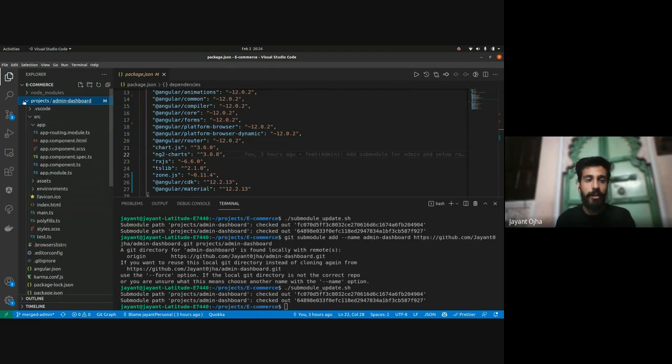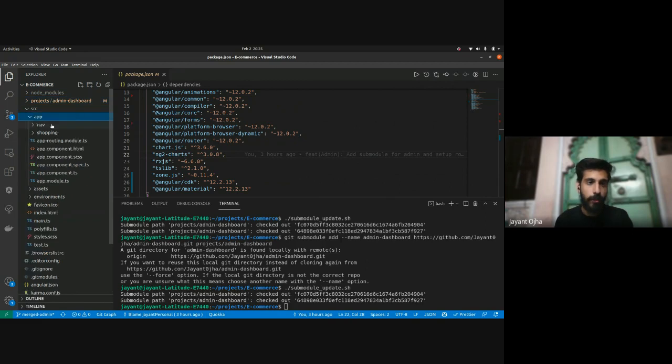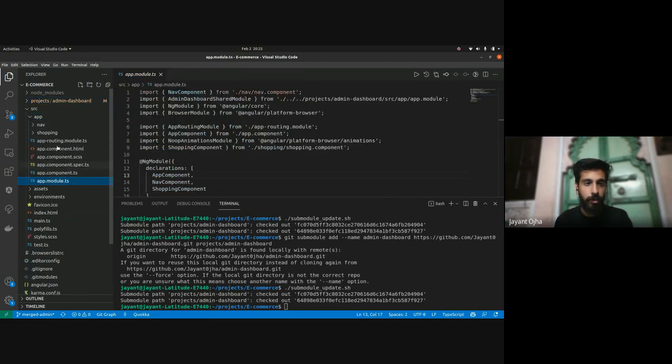And after that, you can also have a use case where you want to check the admin dashboard repository on some different route of your source repository. So for that, what I have done is, in the routing file,